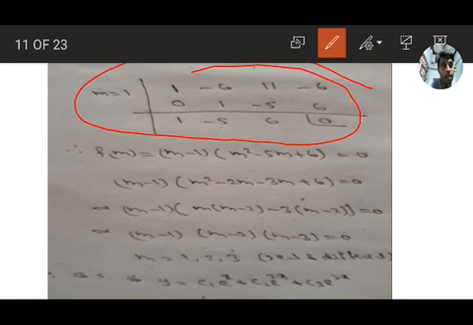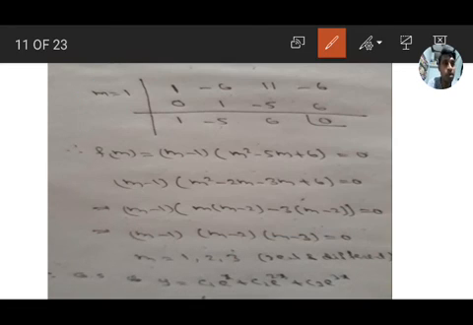Then while writing the answer, it is already given as m cube, so f of m is m cube. We have to take one lesser degree, so start with m square: 1 into m square minus 5 into m plus 6. Then factor it by the normal method. It is a second degree equation, so the normal method applies. If roots come, we get direct factors.